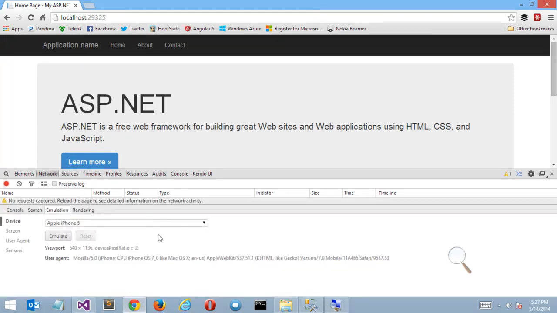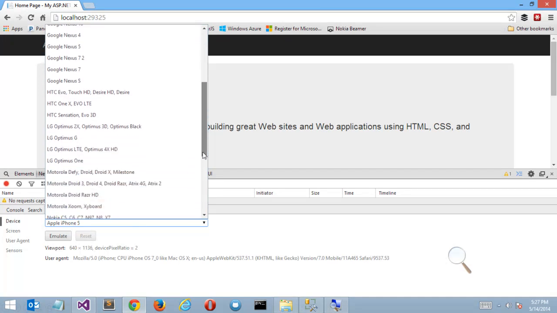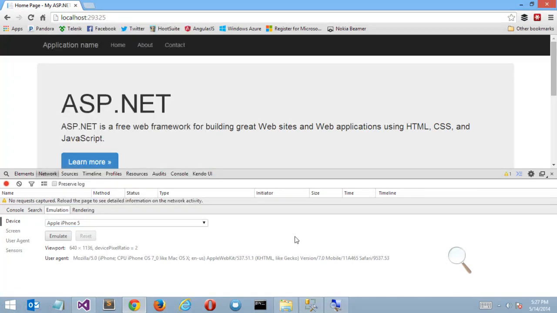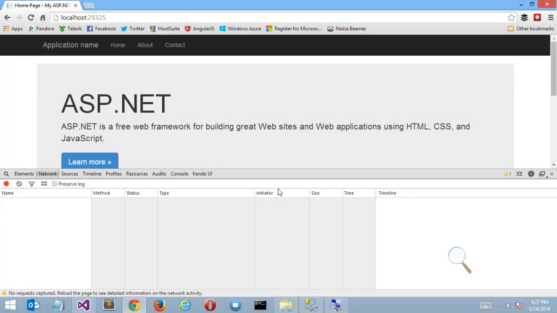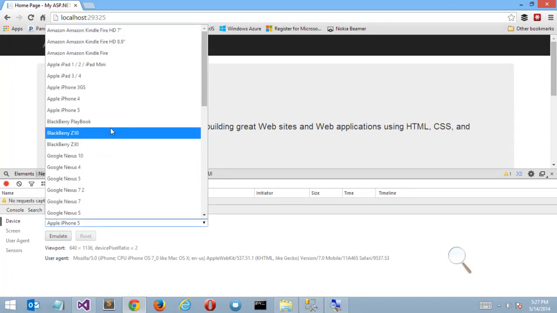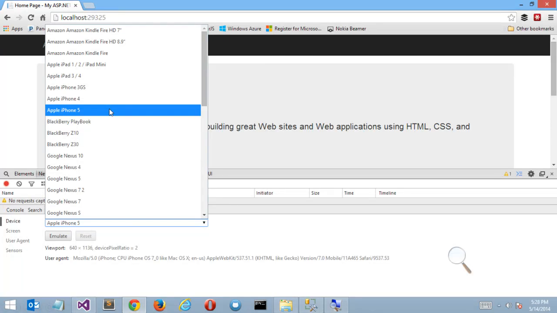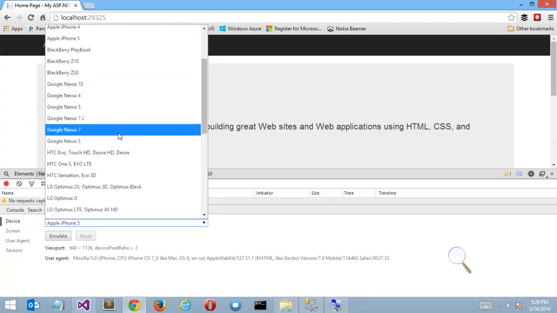Chrome's actually embedded information about the different device sizes and bit depths inside the developer tools. Let me show you how I did that again. I pressed F12 to bring up the developer tools bar down here at the bottom. Press escape and it brings up this panel that'll show you console, let you search, but the one that I want is emulation. The first bit here is device, and I can choose what device I want Chrome to resize to. I've got all my favorites sitting here from Google,